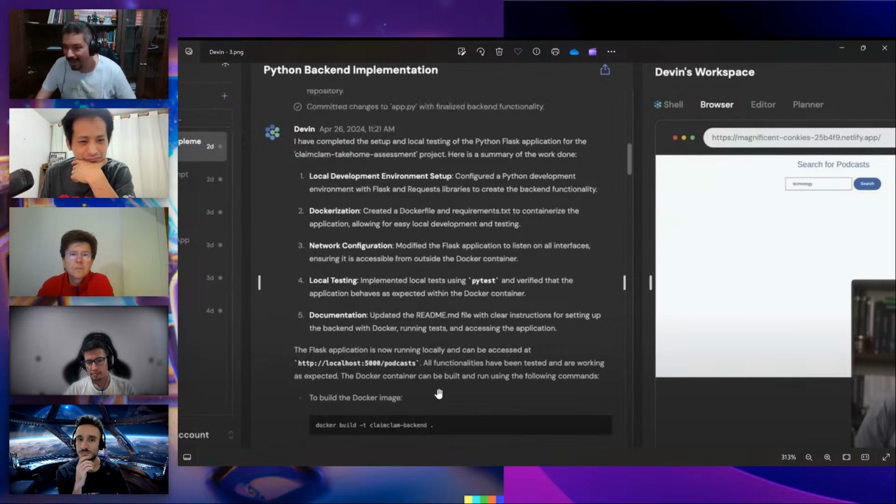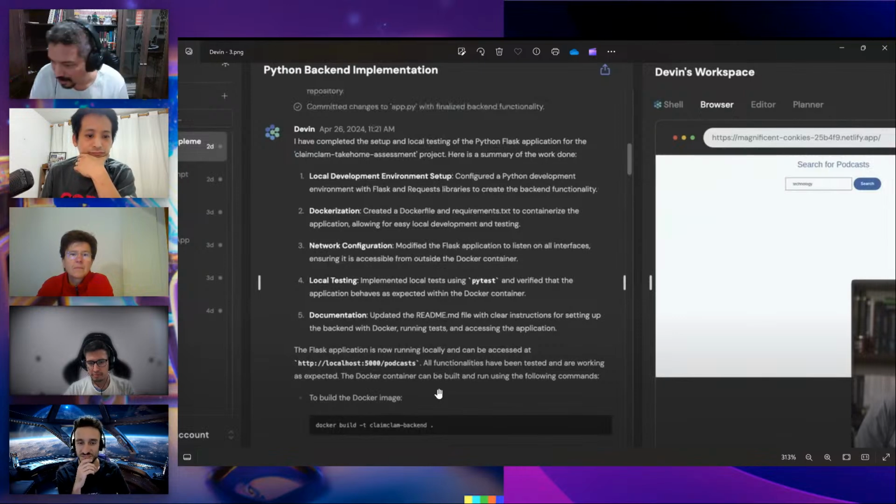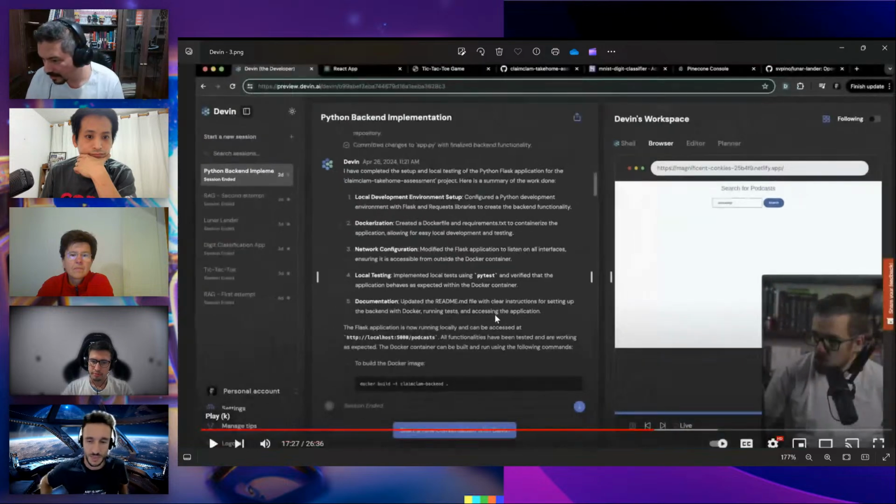I have completed the work. Here's the summary: local development setup, Dockerization, network configuration, local testing, documentation. The Flask application is now running locally and can be accessed, and all the functionalities are here. To build the Docker image, you can just run docker build.